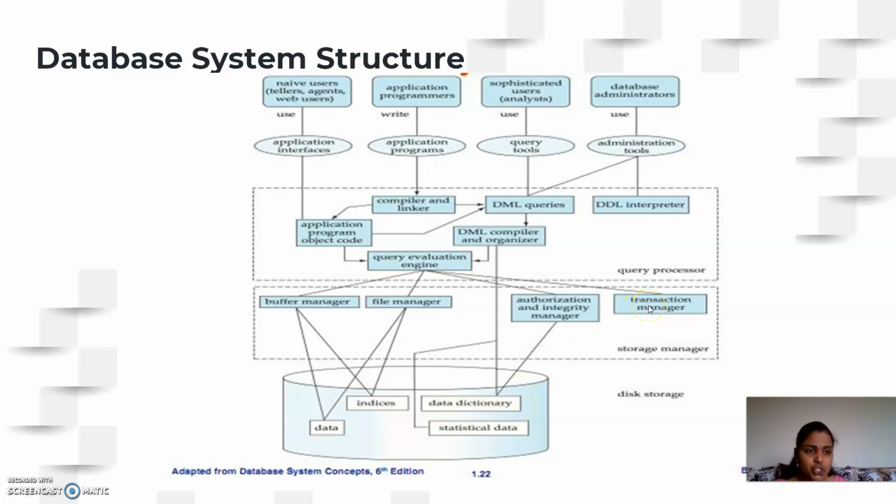Then the transaction manager. In the previous session, we have already seen what are the properties that have to be satisfied when a transaction, when an operation is performed on the database. So all those properties will be ensured here by the transaction manager, which is having two more components internally called failure recovery manager and concurrency control manager. So these two also I have discussed in the previous session. Please have a look at that video too. So here you have one more thing called statistical data. This statistical data is required to ensure how many queries are executed, how much time they have taken, how many records are given, all the statistics will be maintained here.